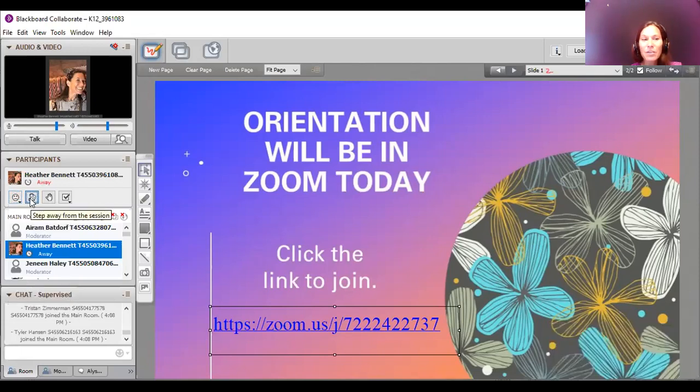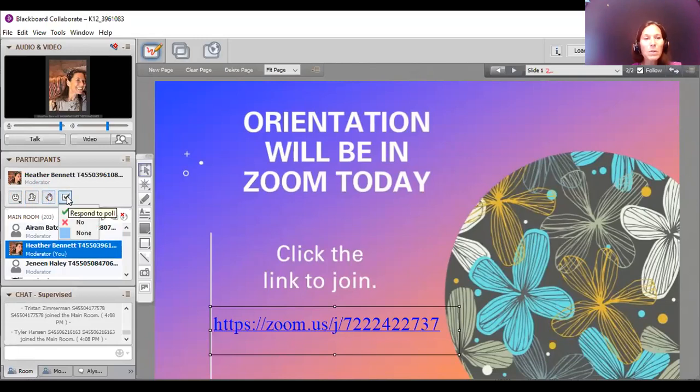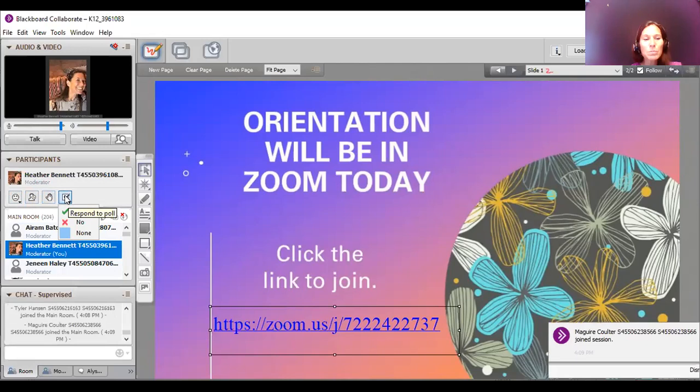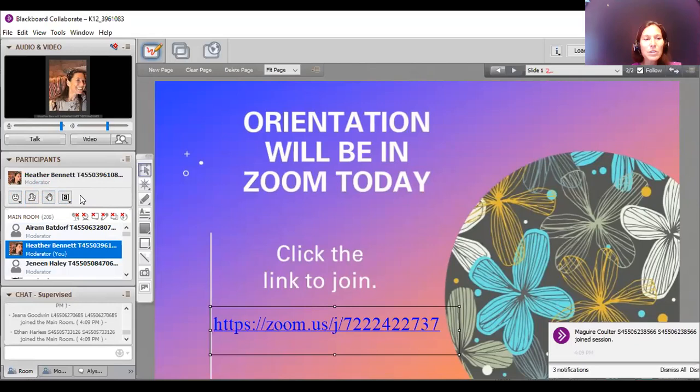And then we have the away button. So you can see underneath my name, it says away. And then we have your question button. And then this is a really important one. This is polling. So your teacher will use polling to check for understanding. So make sure you know where that little green check mark is. And your teacher can change that from the check mark to, let me change it real quick, you can change it to multiple choice. So now you should see an A in that spot.